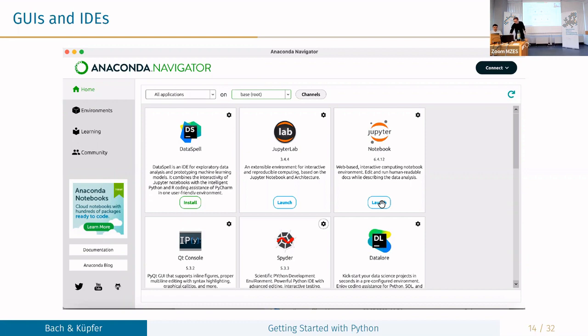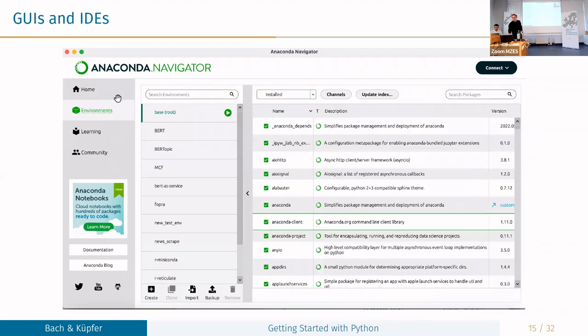And what you can do is, you are usually in a virtual environment or in your root environment. So here I'm in my root environment, and then I can install these different applications or IDEs to work with and use when writing actual code. And when I want to manage my environments, I do not need to use this command line interface terminal stuff.